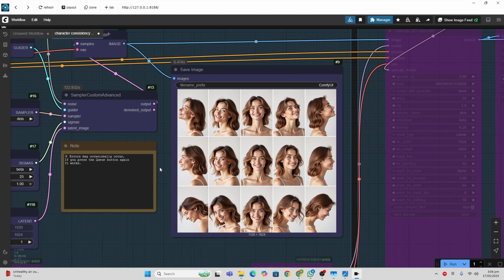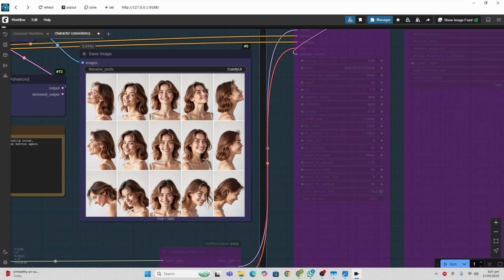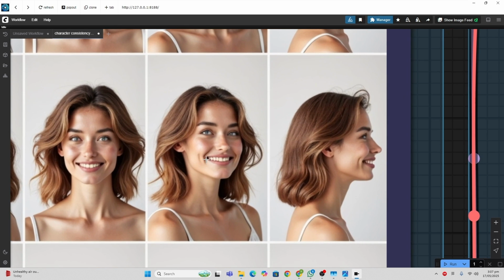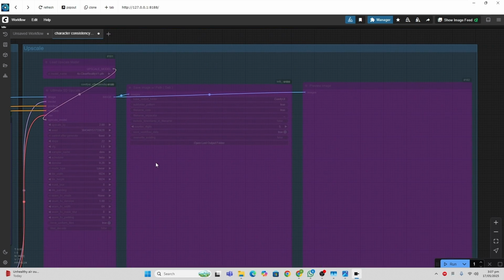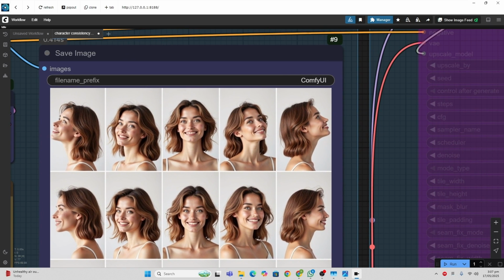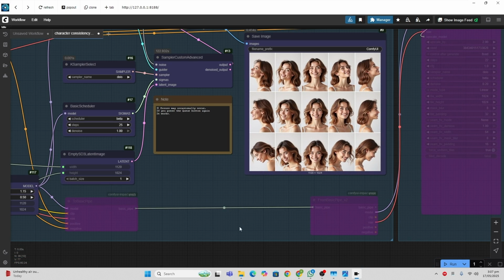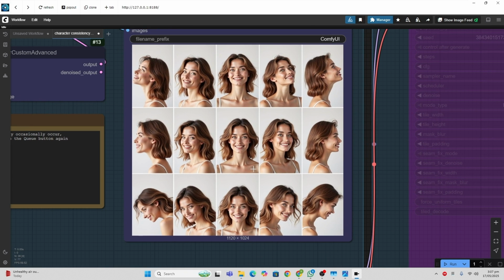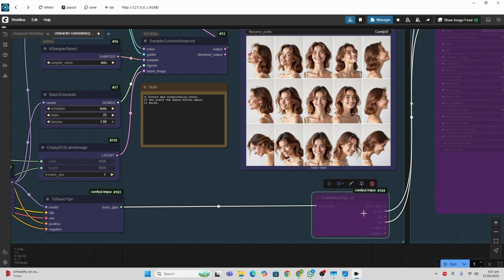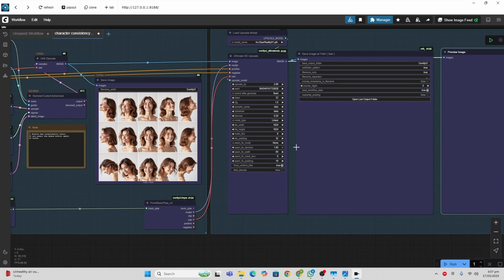So these are our results. As you can see, exactly the same face with different angles. Now you can see the consistency is very good here, but the quality is not there, right? This is where this portion of the workflow comes in. Once you see everything's looking good, there is no glitchiness, then, if there are some weird things, you can re-render this until you get the best result. Now, for example, if you like this one, it is perfect. Now I will just Ctrl+B, and everything I will just undo, and this is our upscaler.